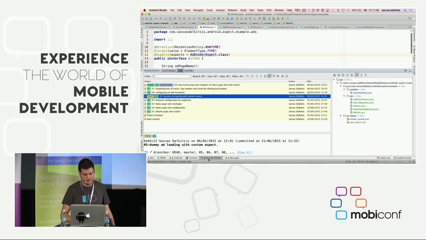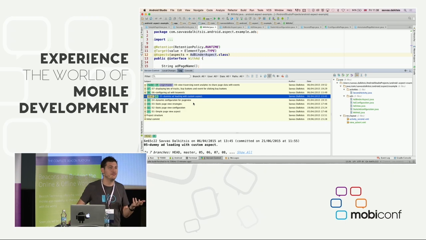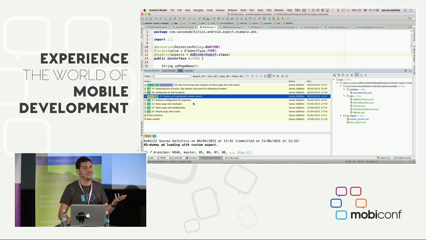Now, like before, ads are not static creatures. They need some dynamic configuration because you want to target ads to users. You want to target ads to users not because they're more likely to click on them, which would generate more money for you and your app, but also because if you display ads to users that have nothing to do with what they're looking at, they will probably leave your app. Like in our case, we display music results. We do music mostly. So if our users open a details page and saw the ad for a burger, they would not like that a lot.